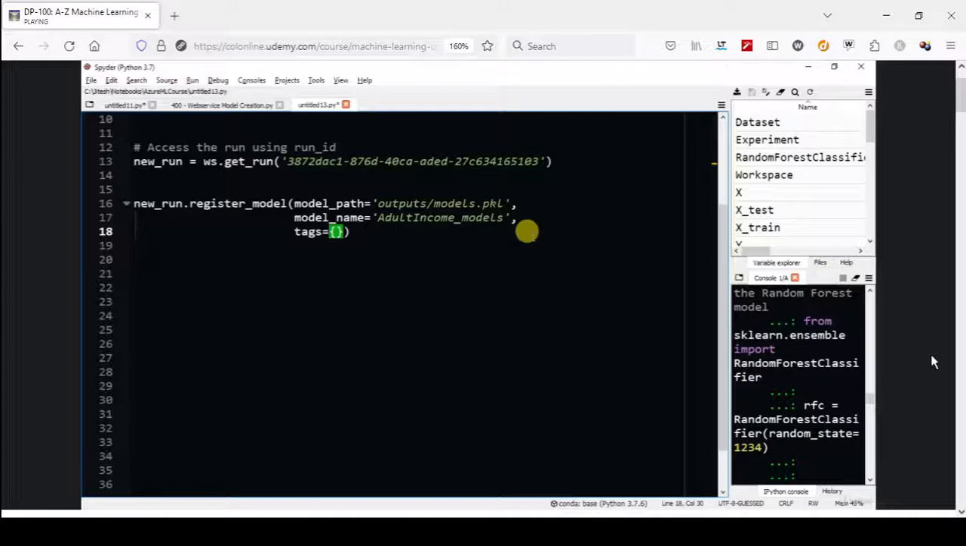So for now, let me provide the first key as source, in quotes of course, and then a colon, and then the value for it as in quotes again, SDK-run. So this is the model created using SDK and registered using the run object. A comma, and another key for algorithm, in quotes, colon, and let's provide it as random forest. Okay. Next, let's also provide the properties of this model as properties equals to, and this is also a dictionary